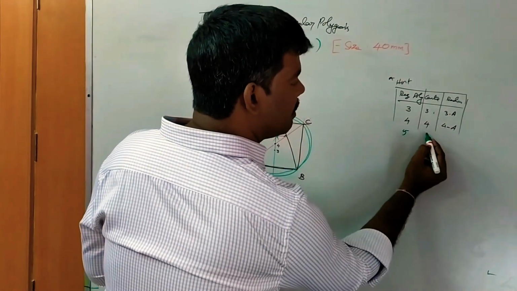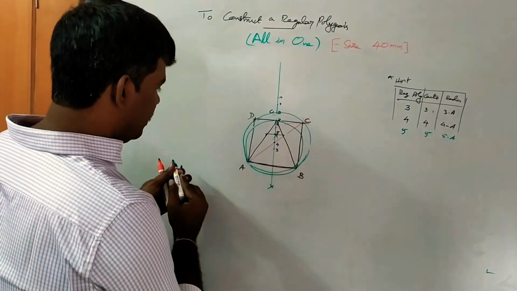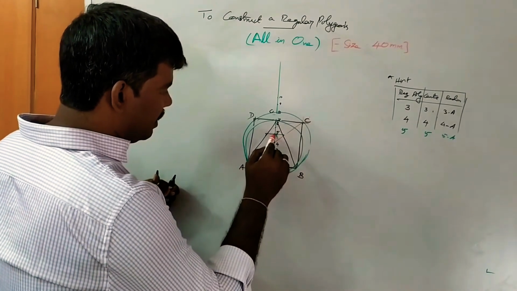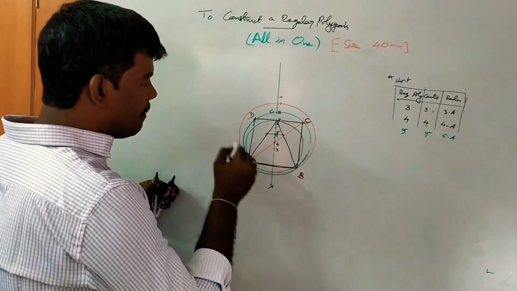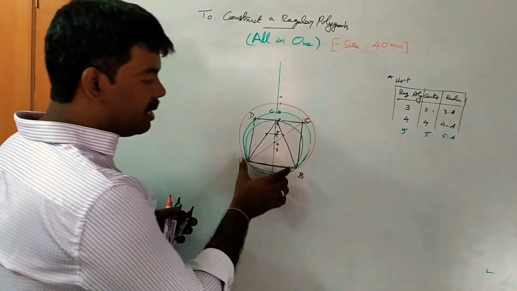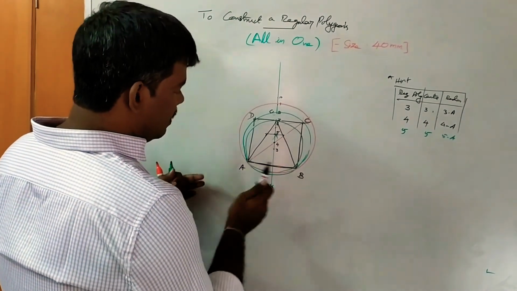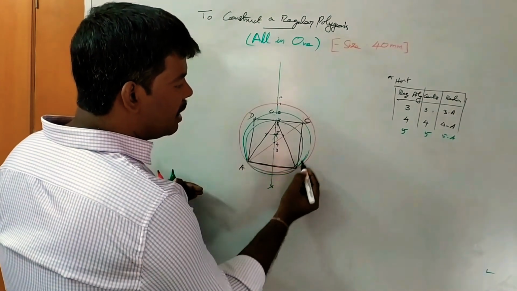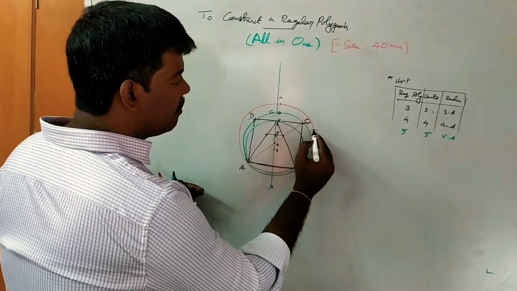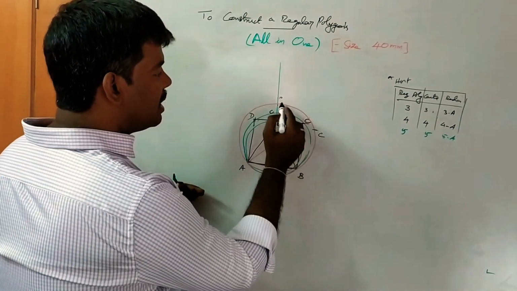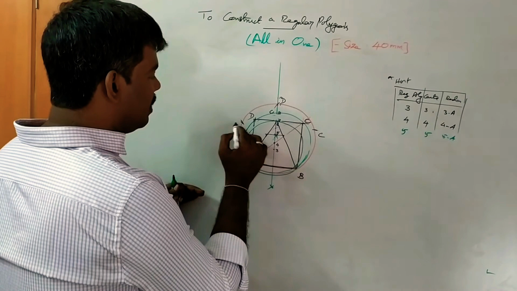Next thing, 5 sides, number 5 as the center, 5 to A as the radius. So you draw one arc, for example, here to your radius. Okay. Next, AB, already you know that is 40 size. So from B, you take 40 as the radius and mark an arc here, we get C. From C, one more arc, we get D. From D, one more arc, E.